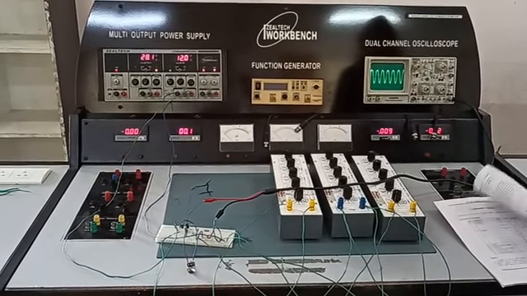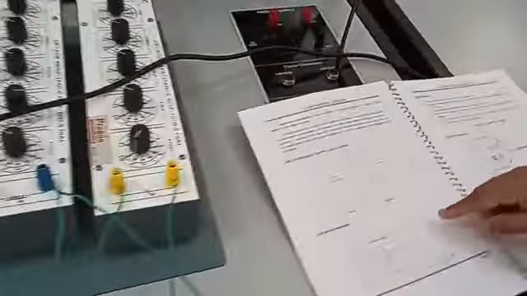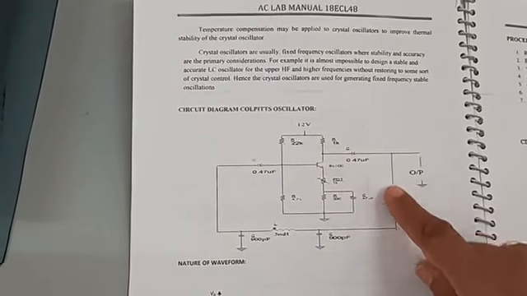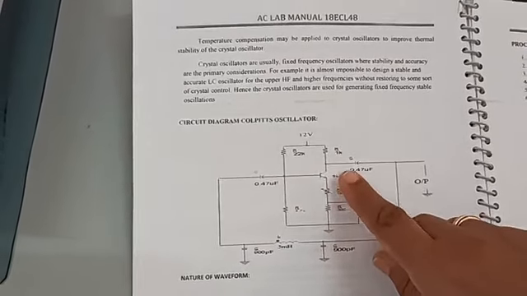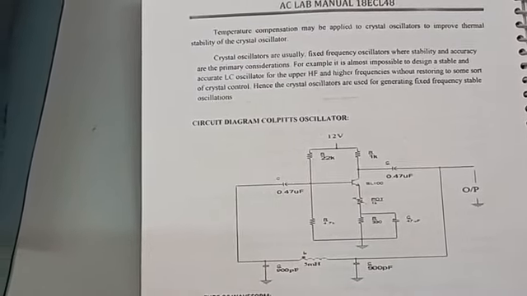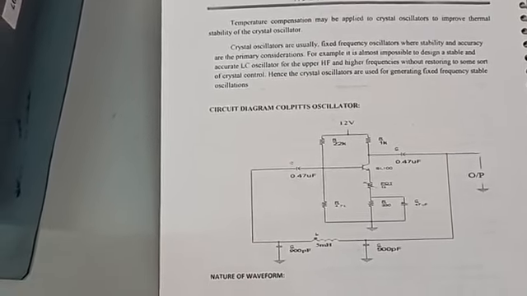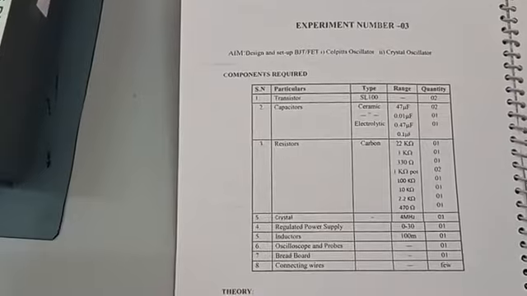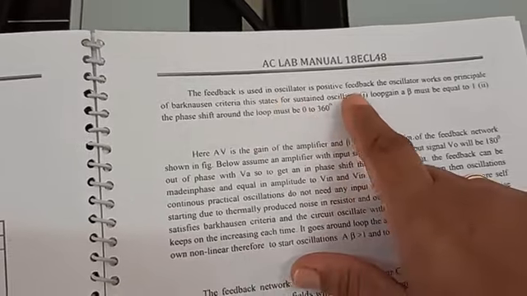In the circuit diagram, you can see there is a transistor, and this is a feedback network. The transistor is an amplifier, so it gives a 180 degree phase shift, and the feedback network gives another 180 degree phase shift to the circuit. Therefore there is a total of 360 degree phase shift round the loop. So we can say that oscillators work on positive feedback.